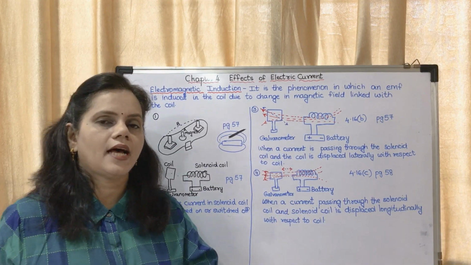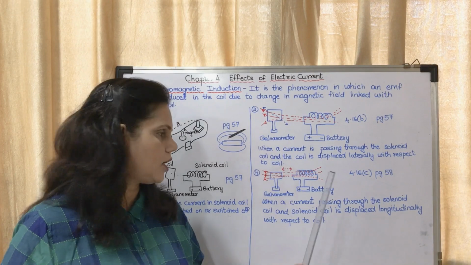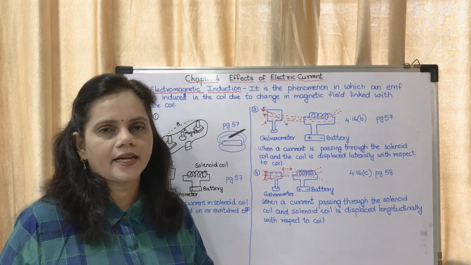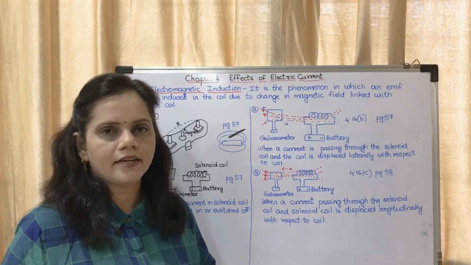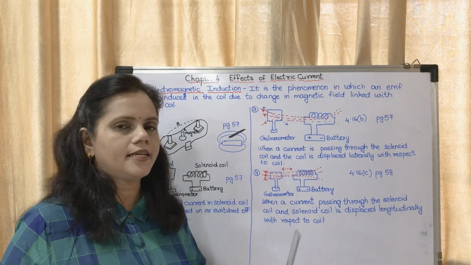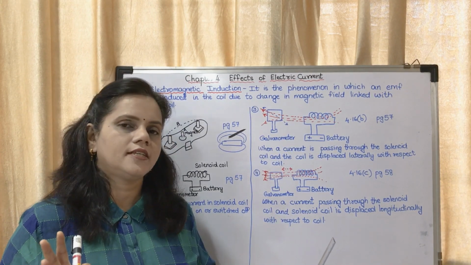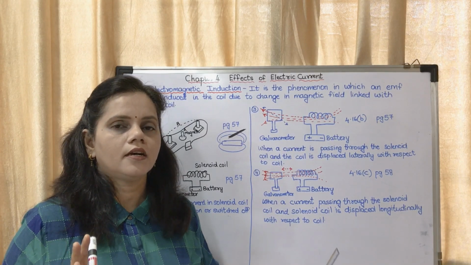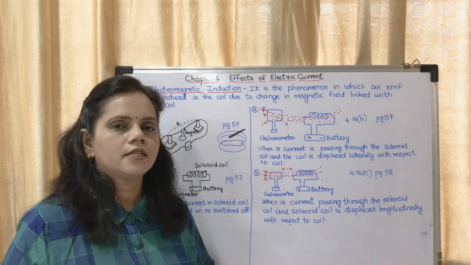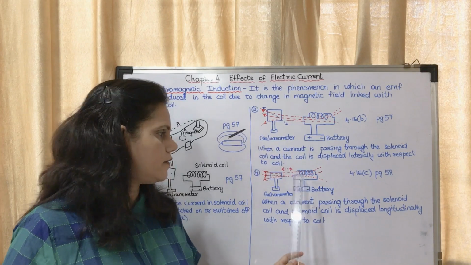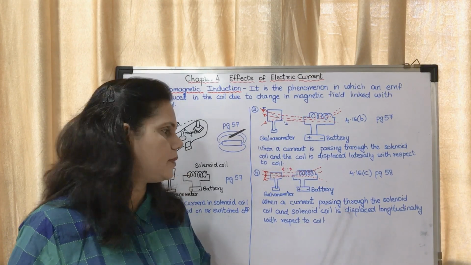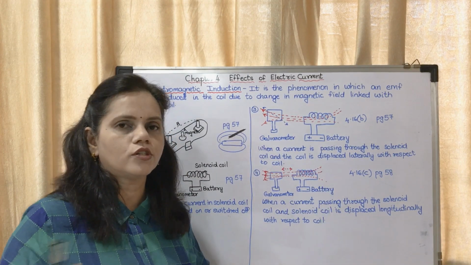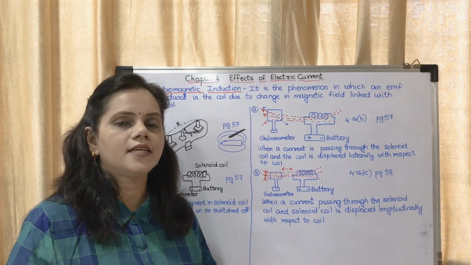Okay, now what is happening? The solenoid coil is having a magnetic field because the switch is on. Okay, so there is a magnetic field and the coil is sitting simply. The electrons are sitting simply, doing nothing. Now what is the solenoid doing? The solenoid is moving. We are moving the solenoid coil, which means these lines of force are continuously being disturbed.